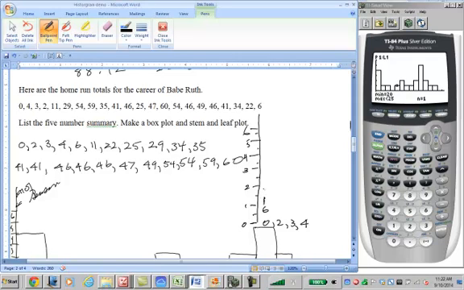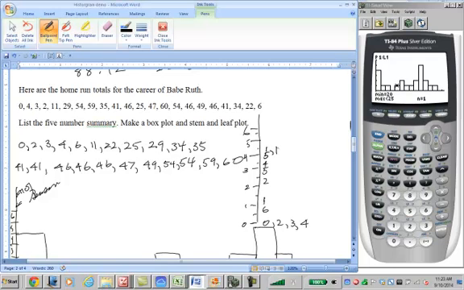Okay, then a gap, and then 22, and then 25. Let me erase this. Okay, 34, 35,